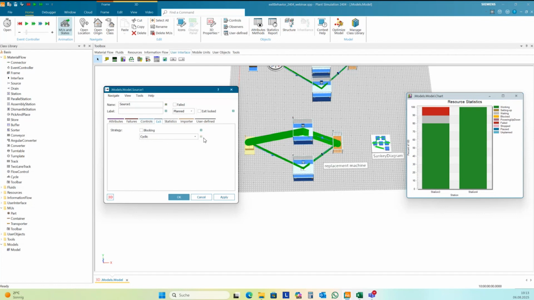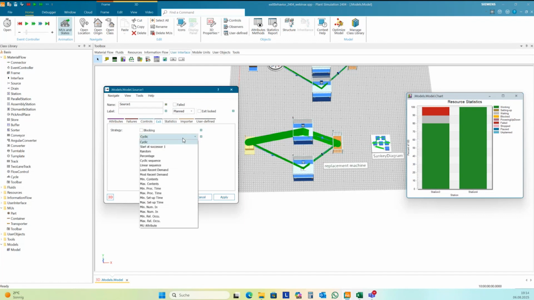The basic setting is here cyclic, and here is one option, blocking. If you don't set blocking, then plan simulation will look for the next available successor every time and move to this successor, also if you have defined some strategy.